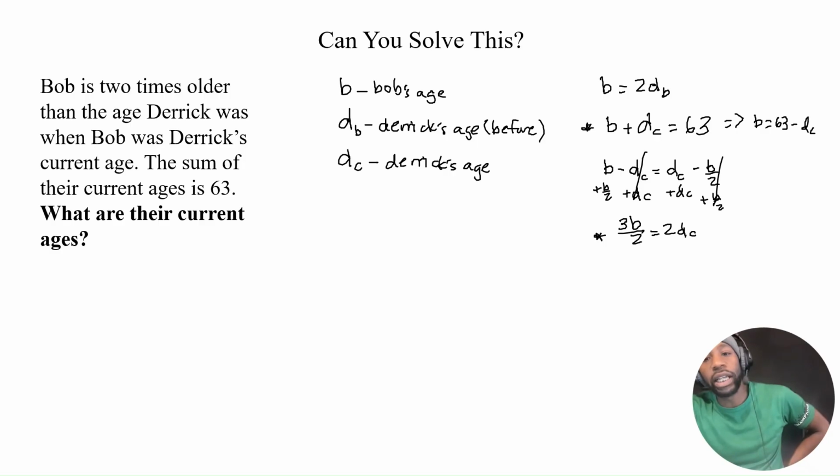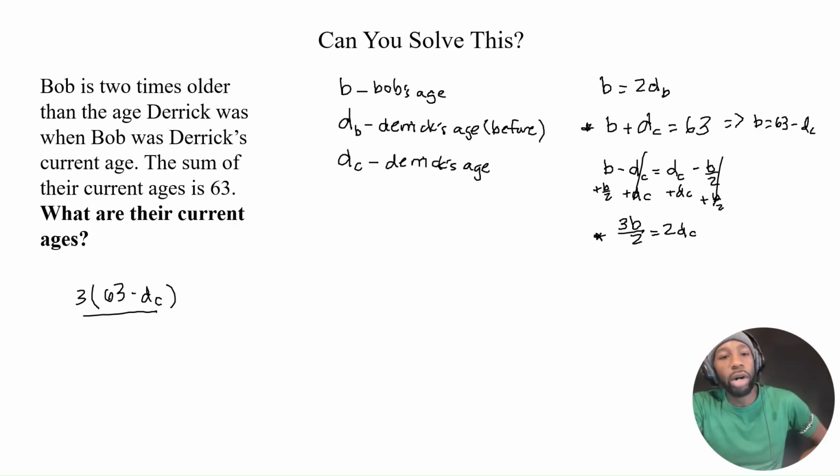Then we can substitute it in for B here. So 3 times B, but B is equal to 63 minus DC, over 2 equals 2DC. I'm going to multiply this whole thing by 2 to get rid of the 2 in the denominator. So that becomes 3 times 63 minus DC